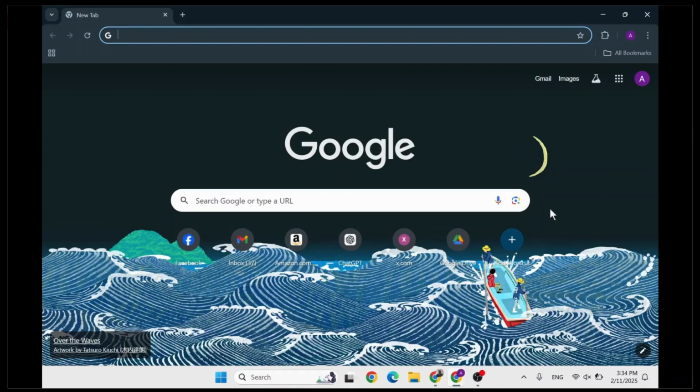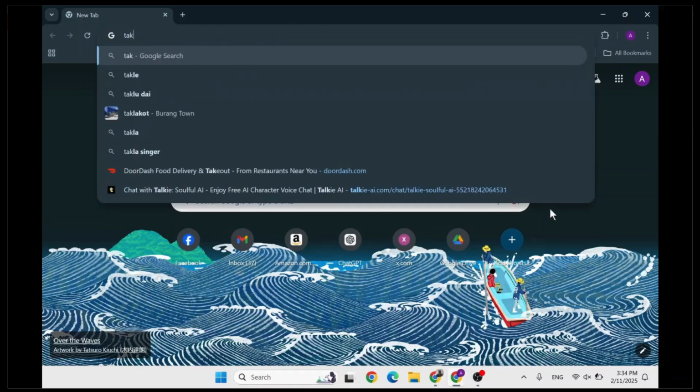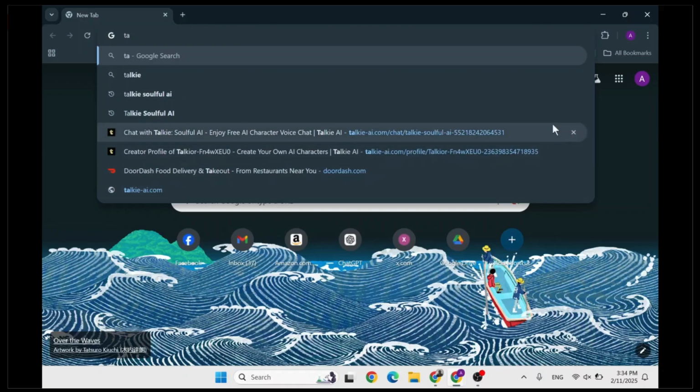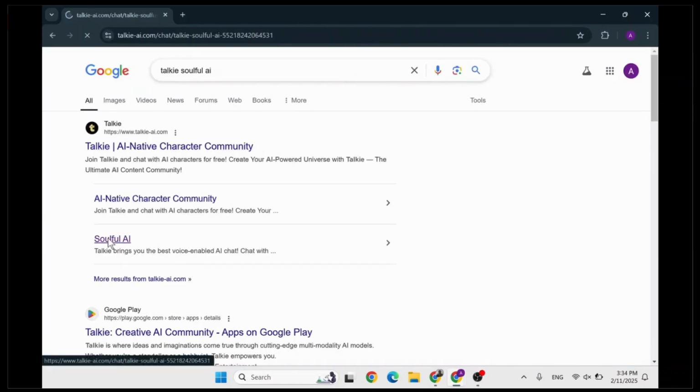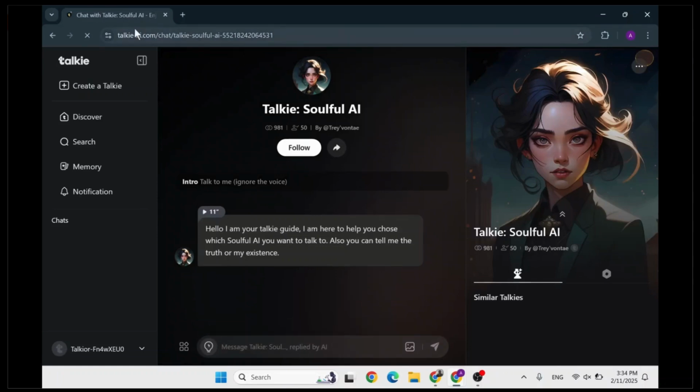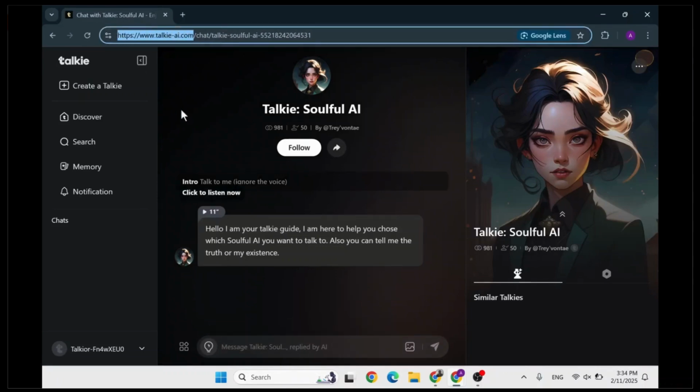So the first step is you'll need to search for Talkie. And after you search for Talkie Soulful AI, there should be a link popping up. You can head over to the link. As you can see right here, this is the link. You can head over to